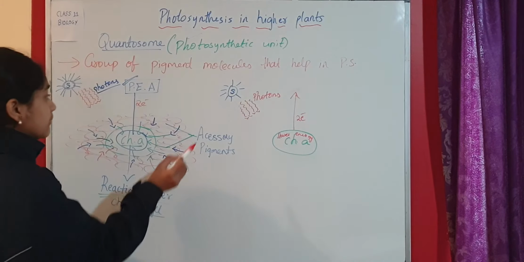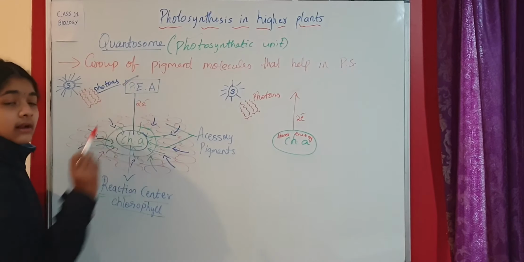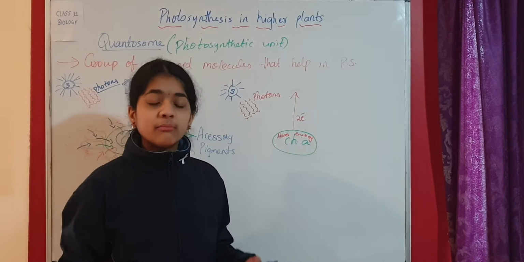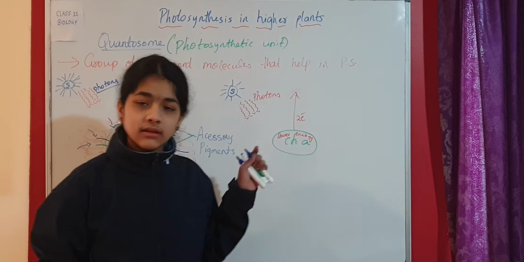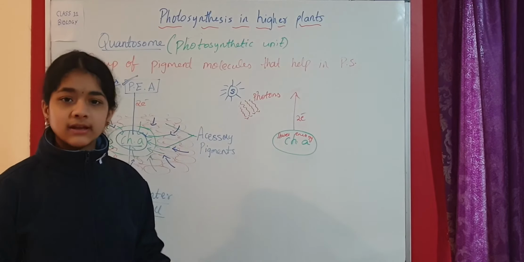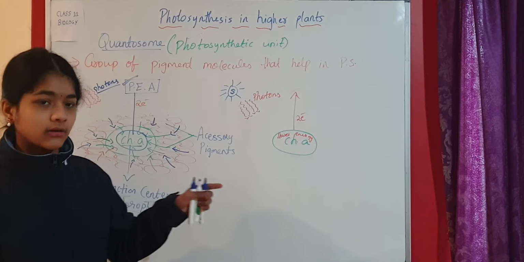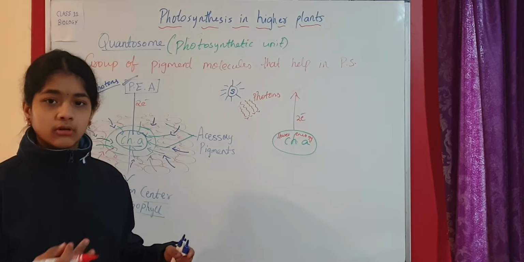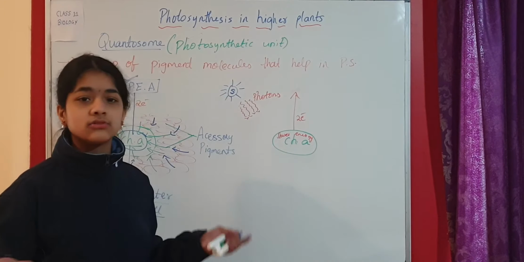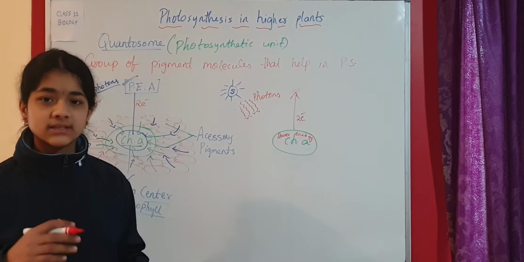But in the normal living system there is this primary electron acceptor. Because we are doing an experiment here, there is no primary electron acceptor, because in the normal living system there has to be a primary electron acceptor. In experimental conditions there is no primary electron acceptor to accept, or act as a receptor, so there is no such receptor to accept the electrons.